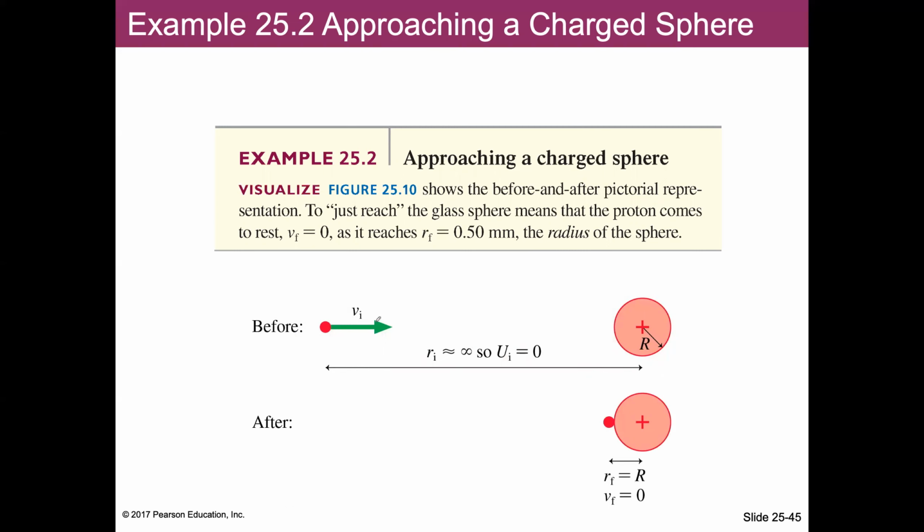So before it's moving, the energy of this system is kinetic energy. It has kinetic energy for this charge. After the process, the kinetic energy becomes zero. Instead, it has a potential energy, which is electrostatic potential energy. And during this process, the total energy should be the same. So we can write down